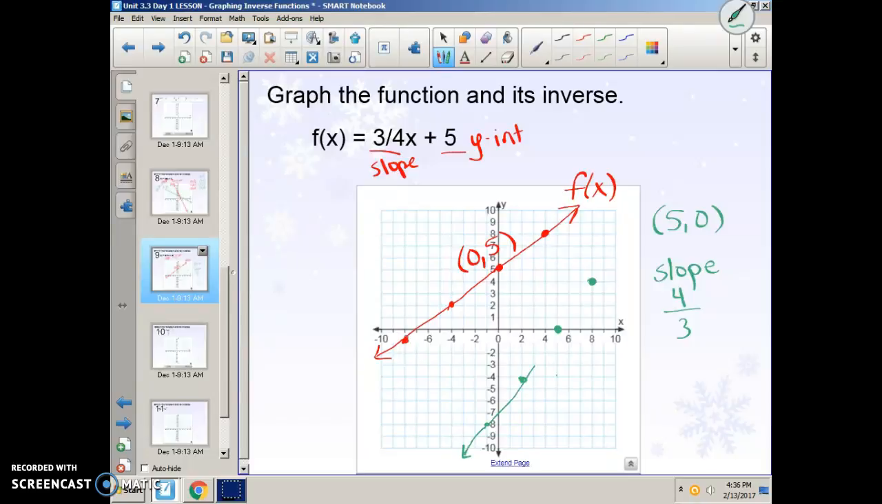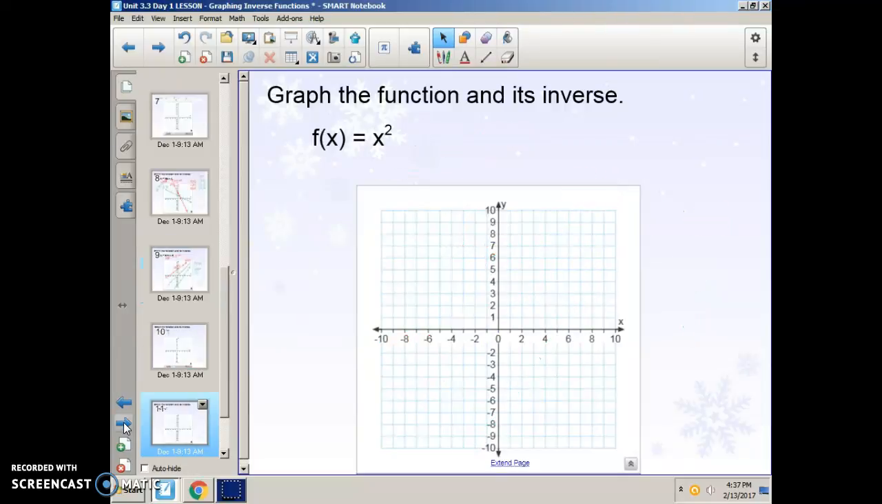And I have, oops, badly drawn, but I have my inverse graph. Again, check and make sure it looks like a good reflection. Draw your dashed line right down the middle, and it is indeed a reflection, so we're good. We're good on that one. Skip this one, go to this one. All right,